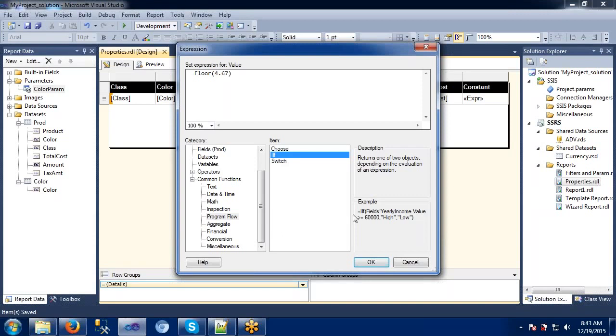We have given some values here. If you remember this one, here we have given some product, right? If that product value is greater than 60,000, then High, or else Low. This is the If condition we have used. If can be used in a number of ways here actually. Like this we can specify our syntax in the If here.